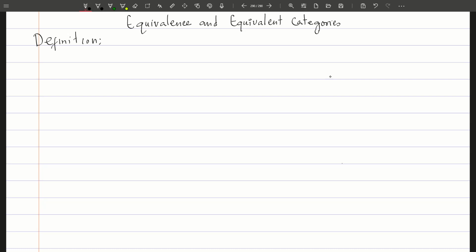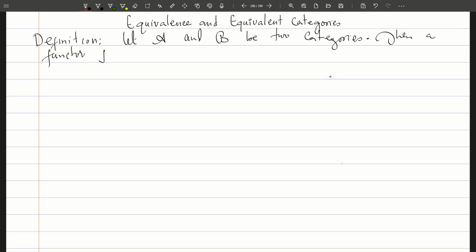So let us consider two categories. Let A and B be two categories. Then a functor, say F, from category A to category B is called an isomorphism if there is another functor,